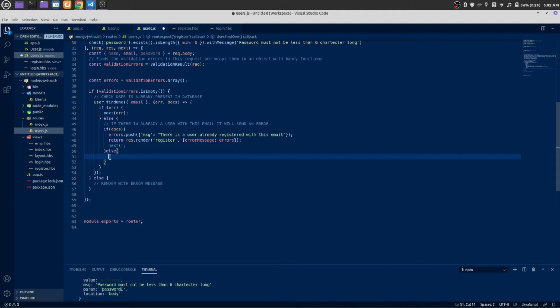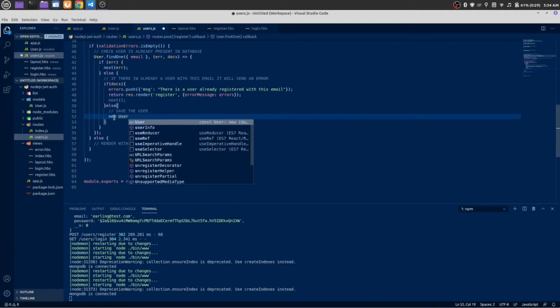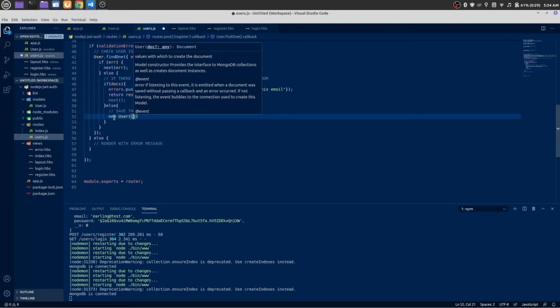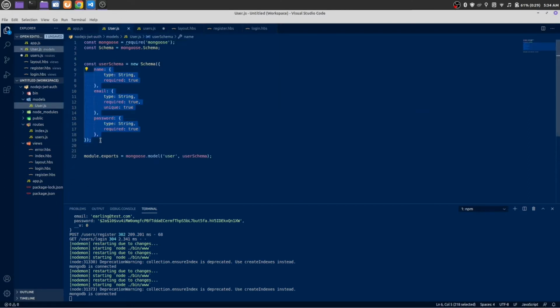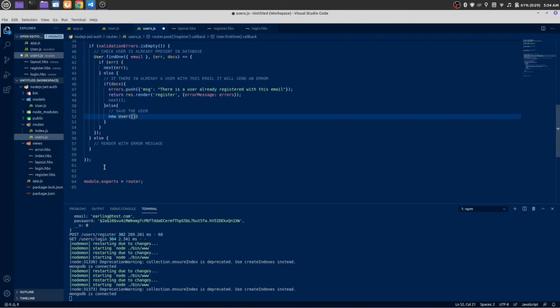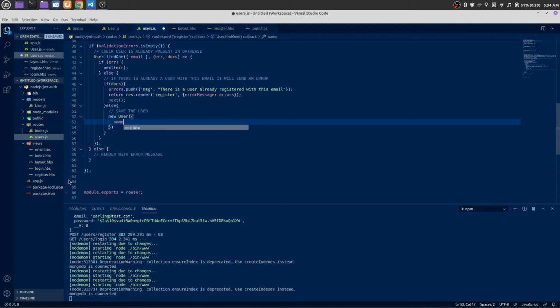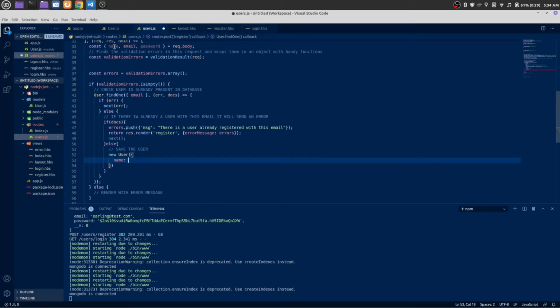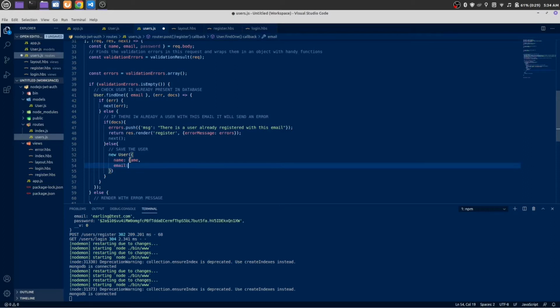user to the database. New user. Remember this user model we have created, and according to this user model the same order will be applied to save a new user. First one is name. Name is, this name variable is valued by this name, so copy and paste it here as well, comma. Email is email, this email is coming from user input, that bit from here, and this password